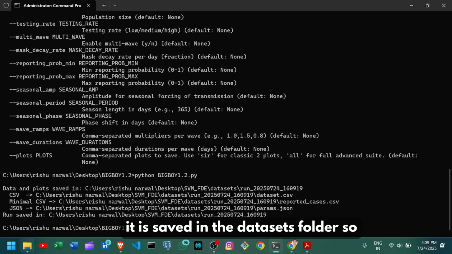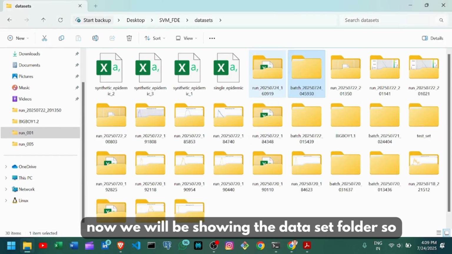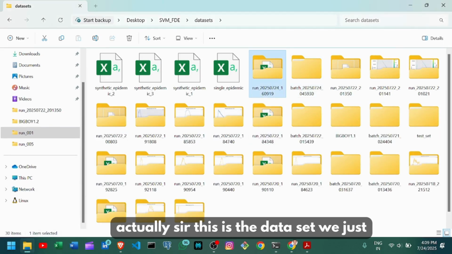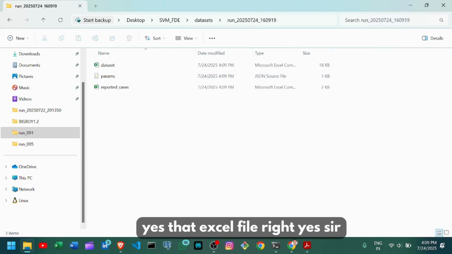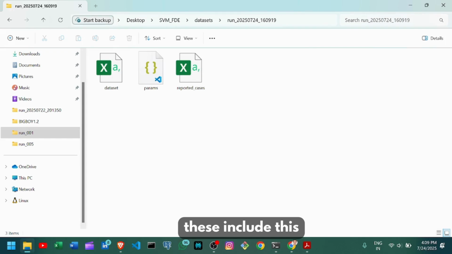and it is saved in the datasets folder. So now we would be showing the datasets folder. Actually, sir, this is the dataset we just generated. Could you see that? Yes, that Excel file, right? Yes, sir. So these include,